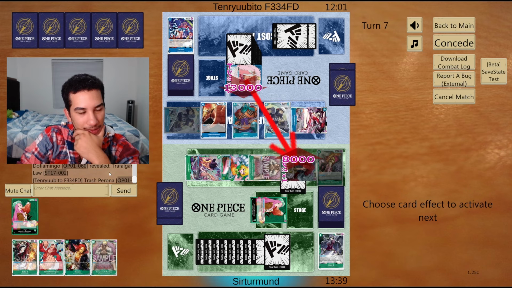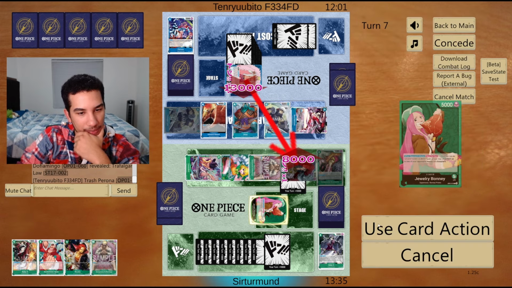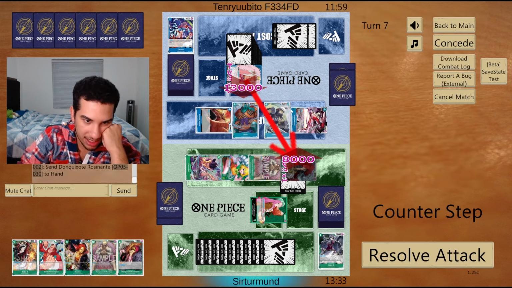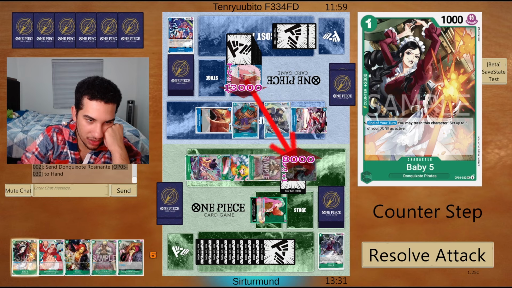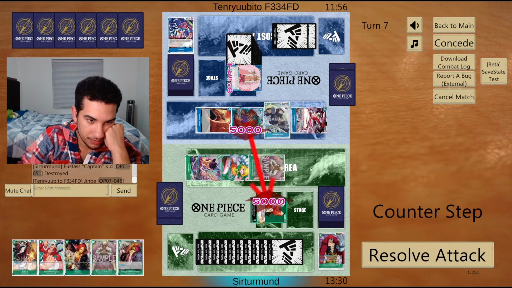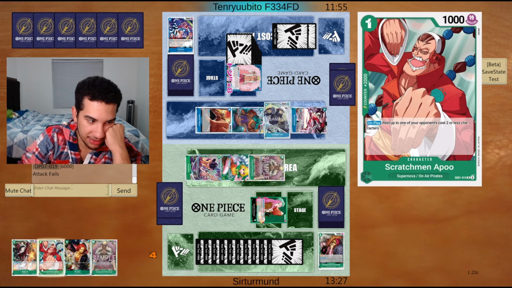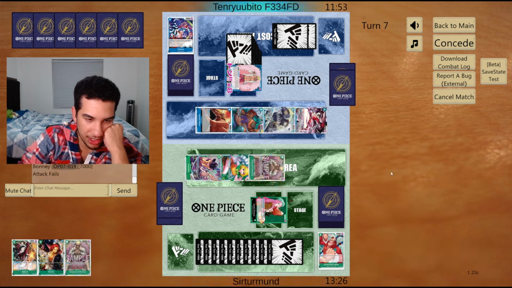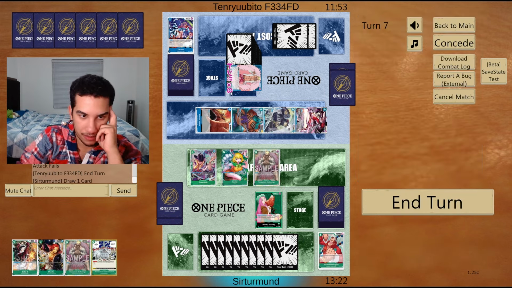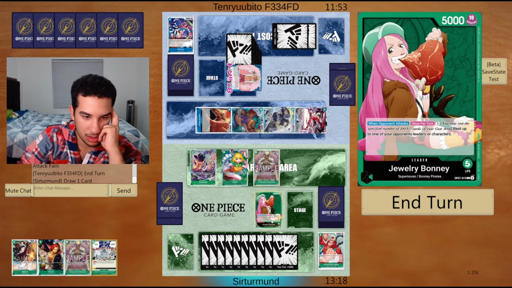So, yeah, we'll go here. And then the opponent gets to bounce the Rosinante. So I can go to 10, 12, right? Which is not enough. But we can give them this and give them a 2K here. And then just play Doffy out, right? So we freeze, freeze, freeze, freeze. So I guess we go...